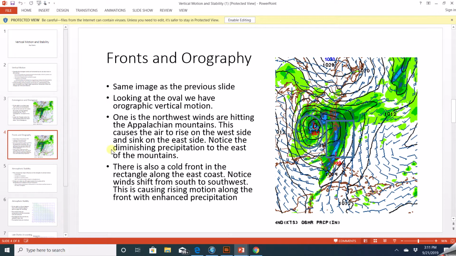So you can see topography actually plays a role in this. Think about the Appalachian Mountains. If you have a west wind, when it hits the Appalachian Mountains, that wind is going to start sinking when it comes down the east side of the mountains. So it goes up on the west side, if you have a west wind, and down on the east side. On the east side, you might actually get some clearing and sunshine. On the west side, you would have a lot of clouds and more precipitation. Topography plays a role in this as well. It can even be more of a role out in the Rocky Mountains. So moving along with this aspect of it,